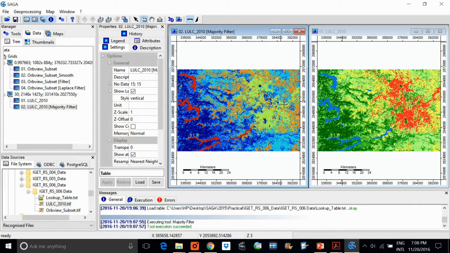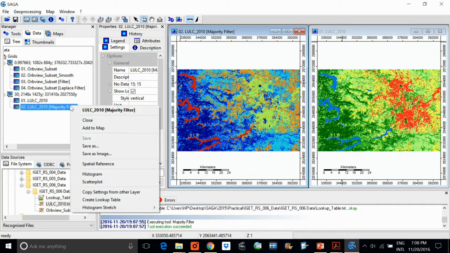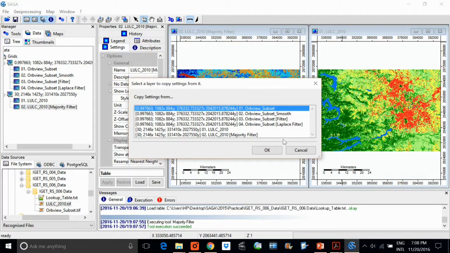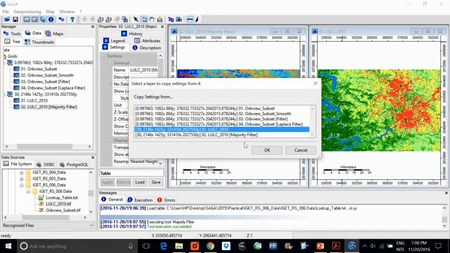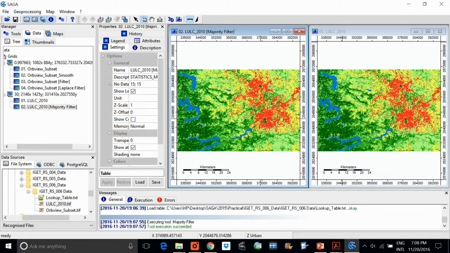You can open the output in a window and set the color scheme, because the color scheme is already there. For that you can also do copy settings. You have a very good option, copy settings from other layer, and you can just select this LULC 10. Okay, so both will have the same color setting.